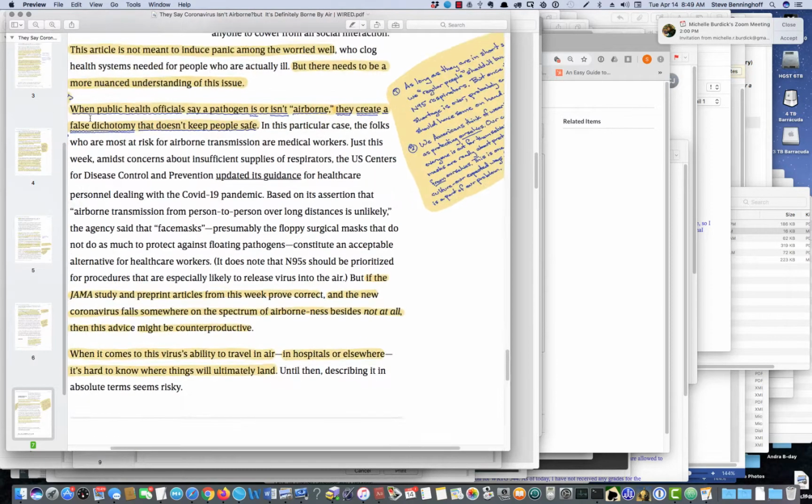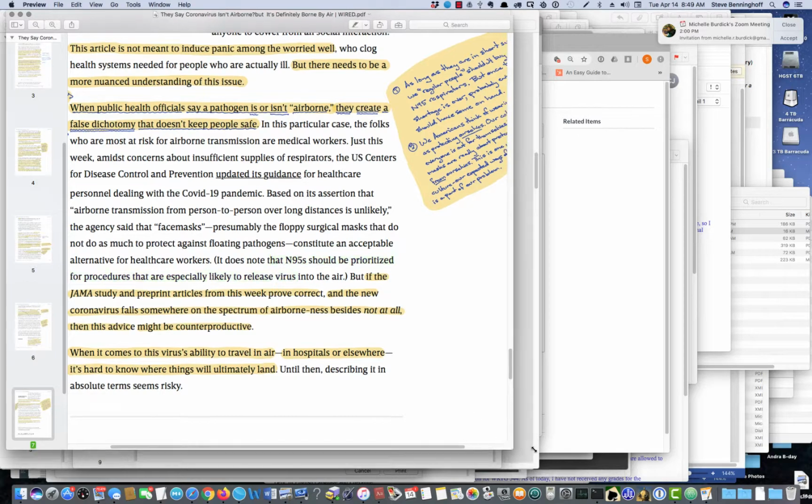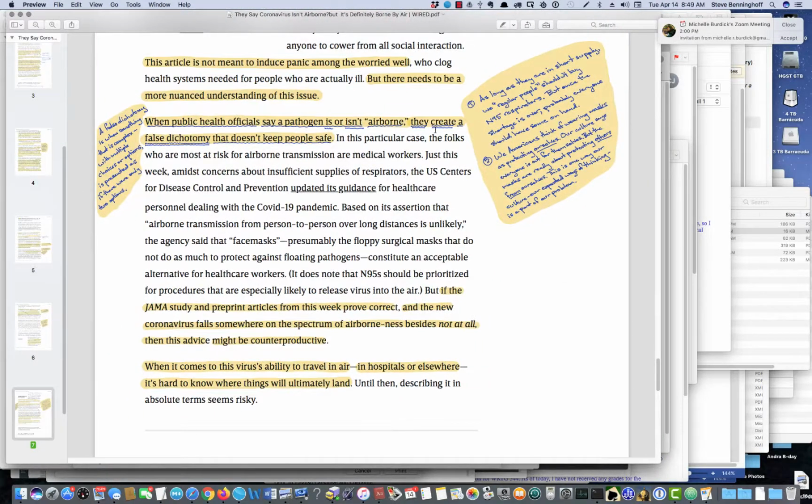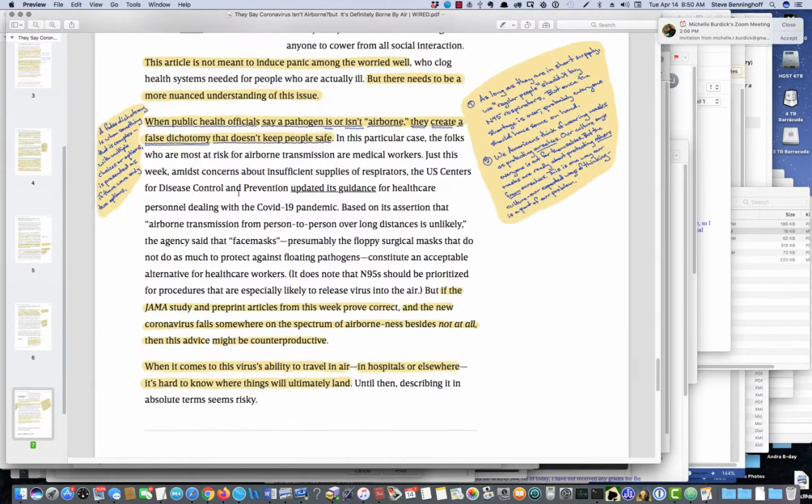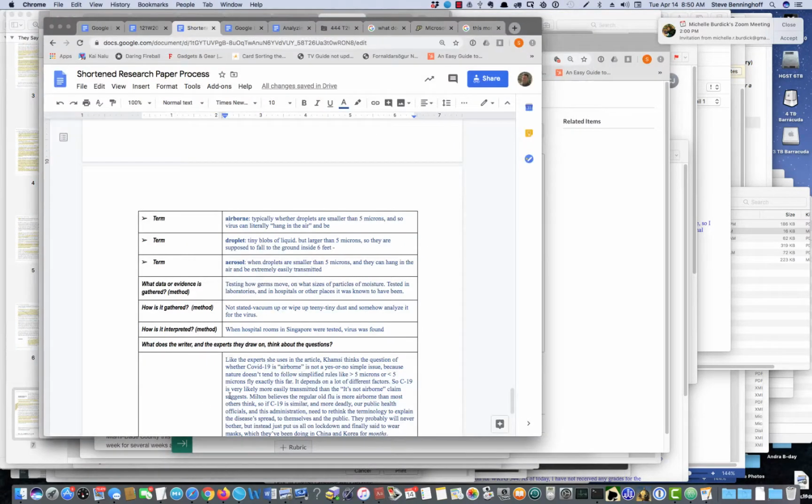I can zoom in more so you can see that. Yeah, and so this false dichotomy, I'll go back to make it a little bit, right? So if we go back to the form,